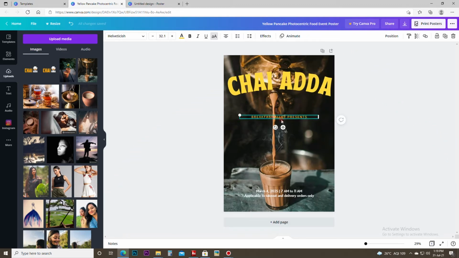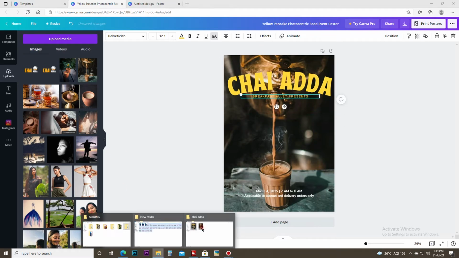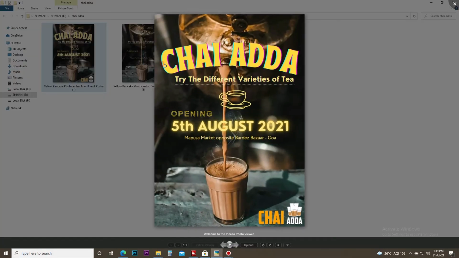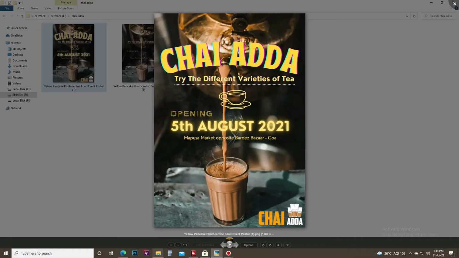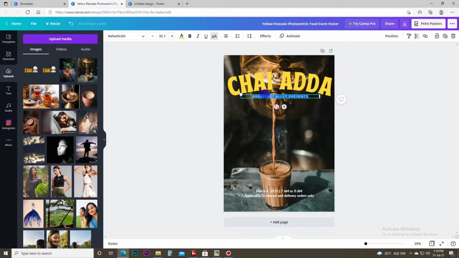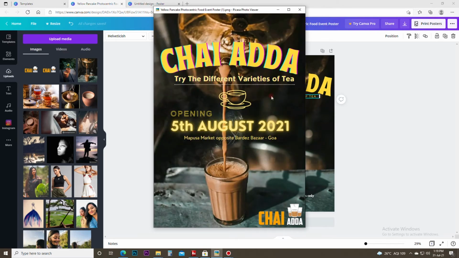So now the second line which I have written over there is Chai Adda, try the different varieties of tea. So we are going to type the same here. I'll just double check.